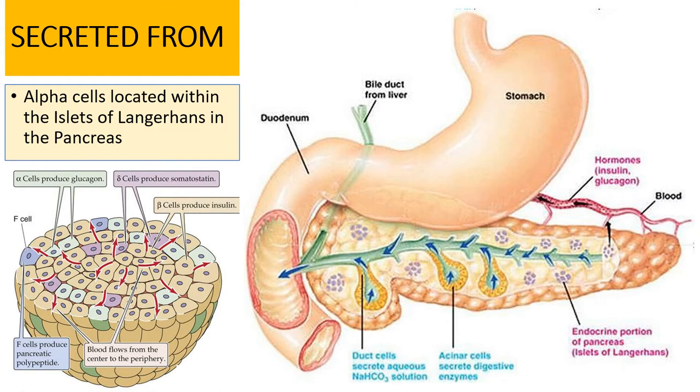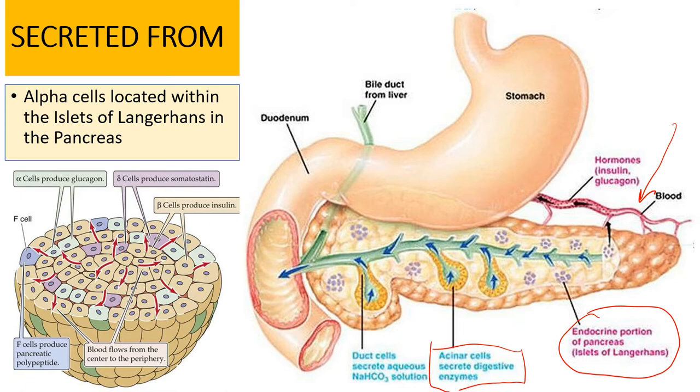So where is it secreted from? Well, you have a picture here of the pancreas. That's not the blood vessel, but the pancreas. Below that, the specific place within the pancreas is going to be the islets of Langerhans cells. Remember, the acinar cells are where you're going to get the exocrine products from. The endocrine system is going to come, and the hormones are going to come from the